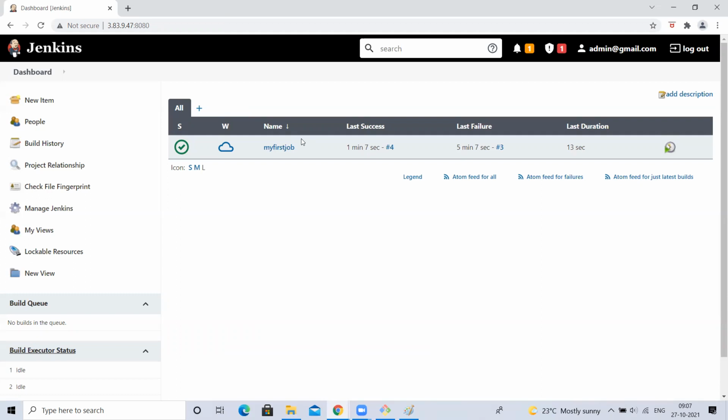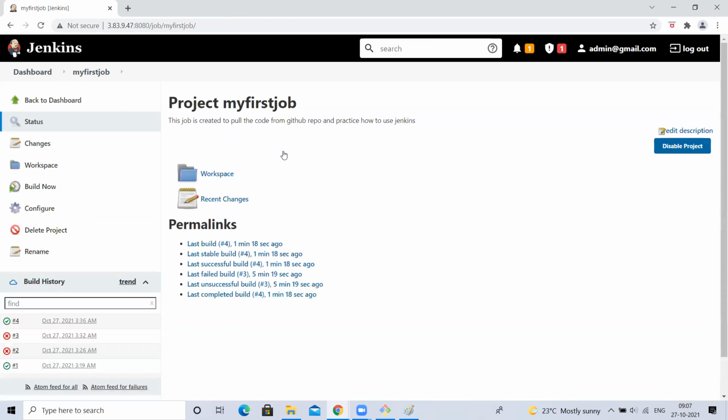If I add the third step to deploy into Tomcat, now when I click on the build now option of this job, what will it do? Automatically my Jenkins will connect to my GitHub, take the code, call Maven and place the target war file in the target directory. Now it will take it and automatically deploy into Tomcat. Yes or no? Yes, sir.